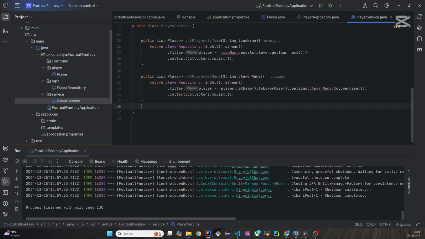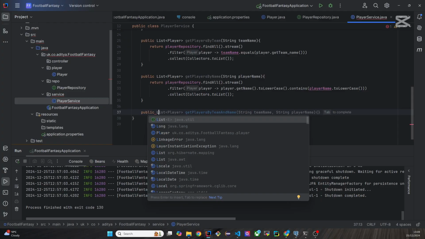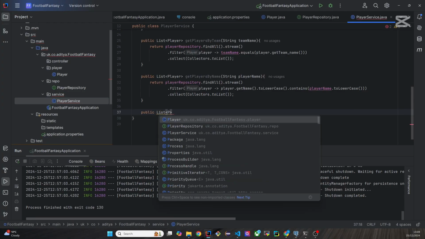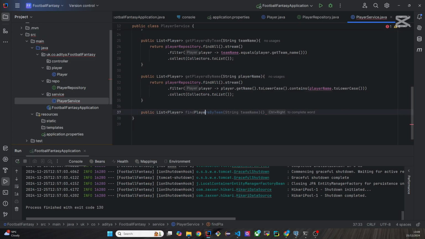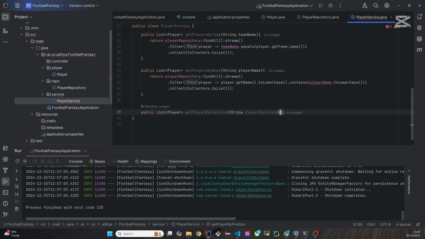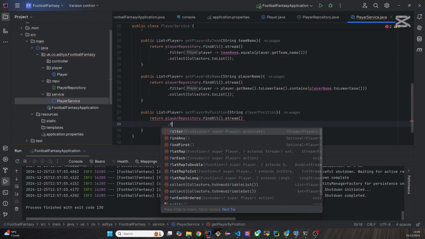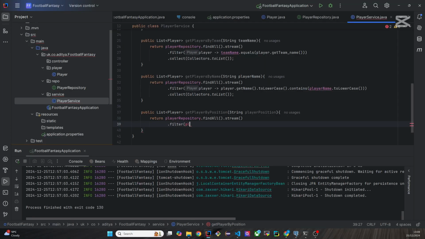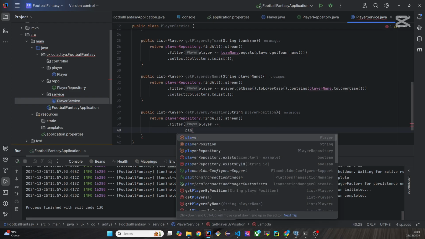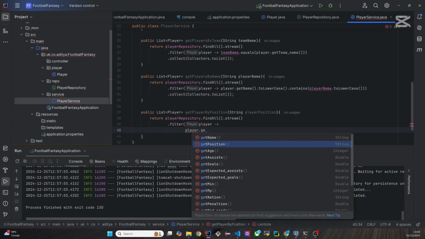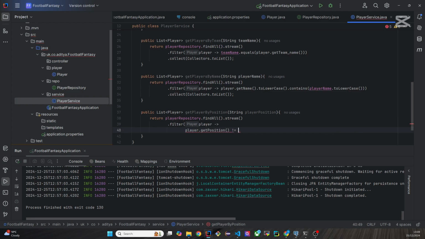And the next we want is to find a player by position. So List of Player, get player by position. We'll name this as playerPosition, and this should indeed talk to the playerRepository.findAll().stream(). Then we'll add the filters from here. Filter player.getPosition(), and if this is not equal to null,